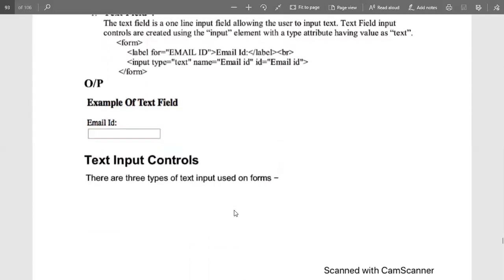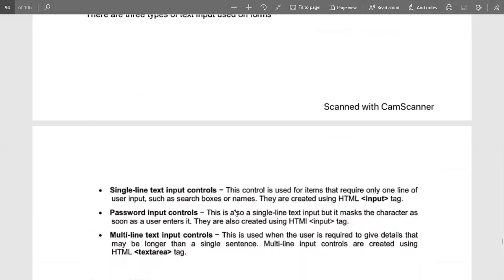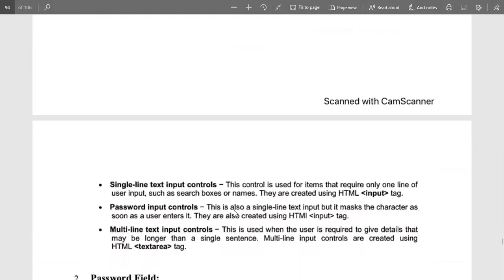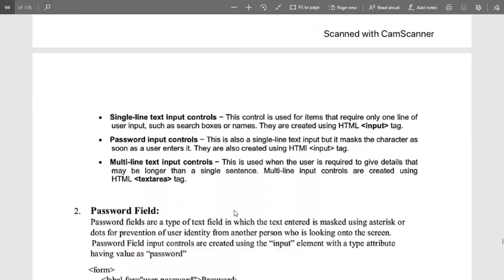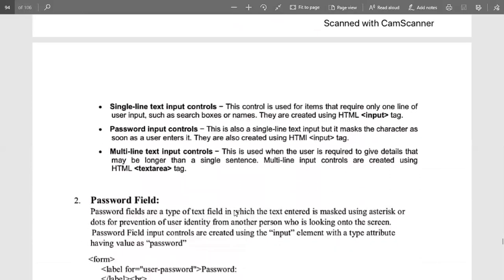So there are some text input controls. What are text input controls? They are single line text input, password input, or multi-line text input. When the control is used for an item that requires only a single line of user input, for example your name or searching for anything, then you use the single line input, and that can be created with the help of the input tag.